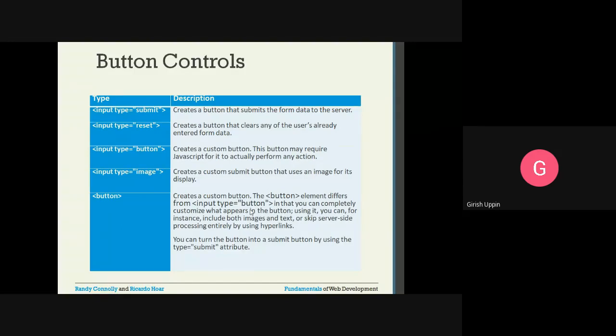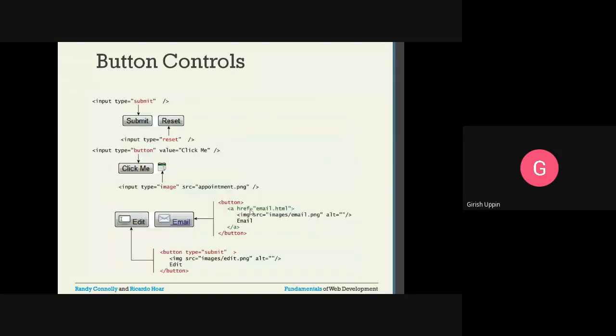Other than that, operationally it will work exactly similar. Whatever underneath functionality you want to carry out, you can carry out with both kinds of button. So this is an example: when you say input type is equal to submit, a button will be created like this. And when you say input type is equal to reset, then a reset button will be created like this.